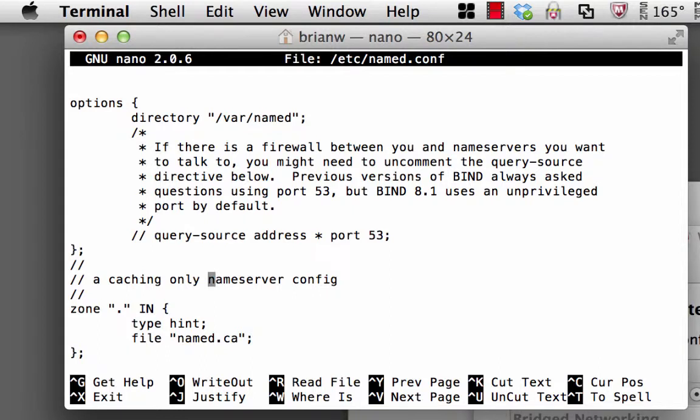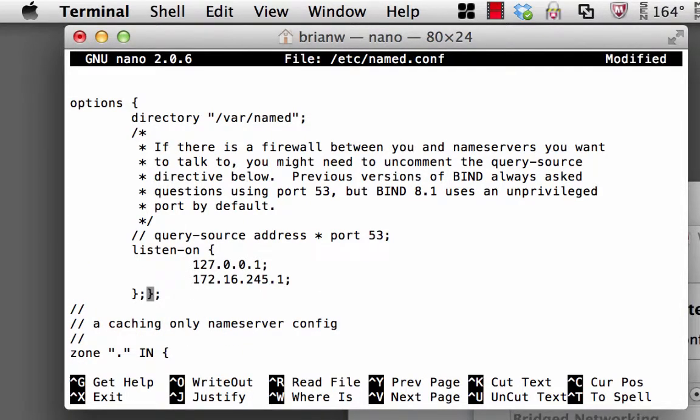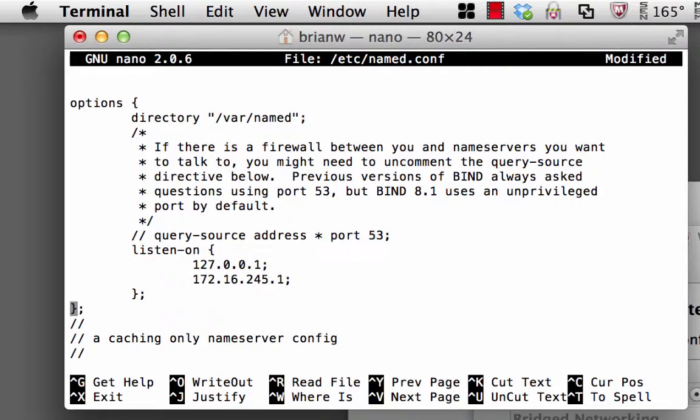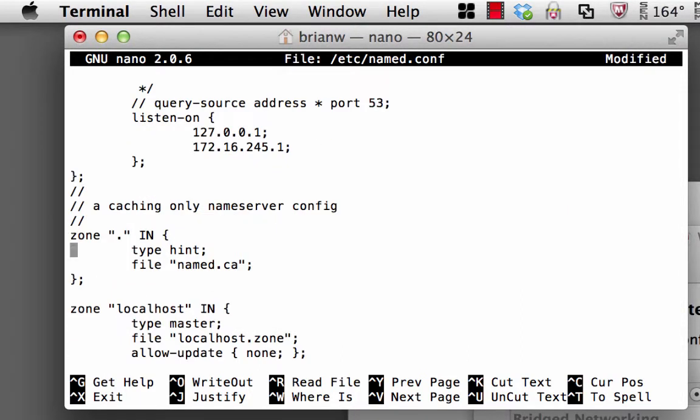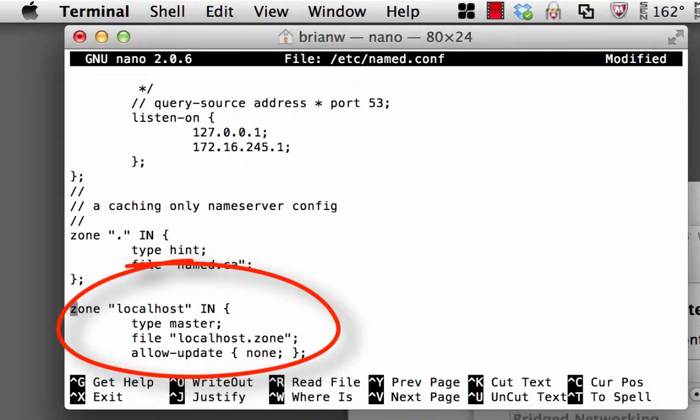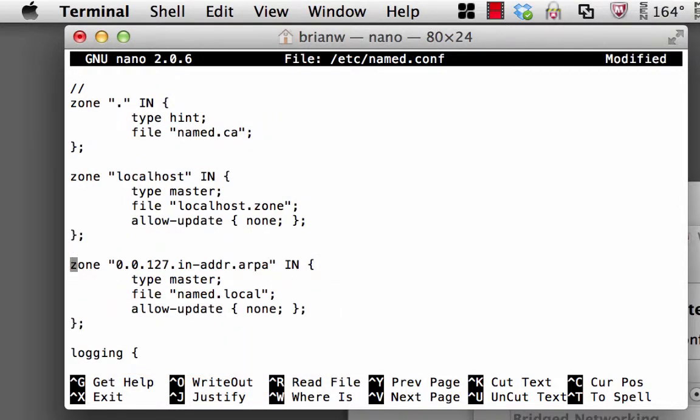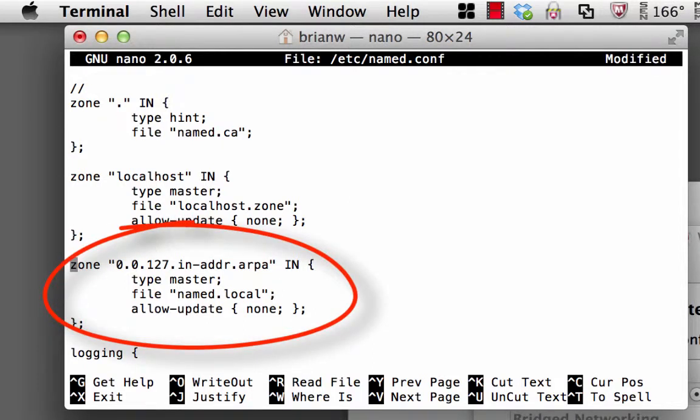And then a little bit further down, what I'm going to do is I've actually got it in my clipboard, I'm going to paste in the lines that I mentioned before. So this listen on line and the 3 lines following it tell DNS that we want DNS to listen on those particular IP addresses. Now if we scroll down further, this zone section here is for the root name servers. We talked about that before. This is the zone for the forward lookups when somebody looks up localhost, followed by the reverse domain for when somebody is looking up IP addresses in